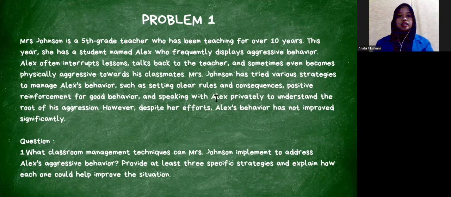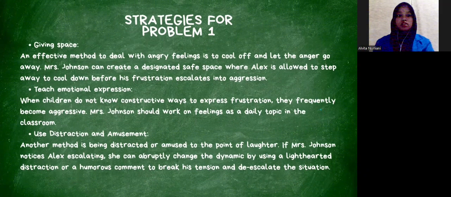Mrs. Johnson has a fifth grade student named Alex, and he is frequently aggressive. He interrupts, he talks back, and sometimes gets physical with classmates, and standard rules and private chats haven't worked. So the strategy for Mrs. Johnson is to give him space, because when kids are angry, they just need time for that feeling to pass. And Mrs. Johnson can create a safe space in the room where Alex can step away to calm down before he reaches